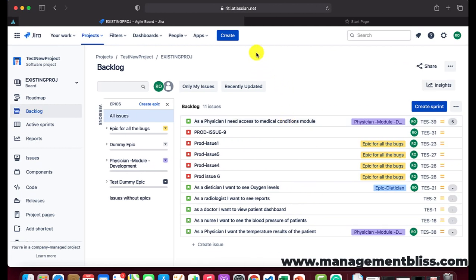Well, we saw how to create epics from the create button, from the show epics panel, and there is one more way to create an epic. That is, we can go ahead and create the epics on the roadmap. We will be creating an epic from the roadmap as well, but before that, let's see a few more things on the backlog. So this show epics panel is very helpful in managing the backlog.